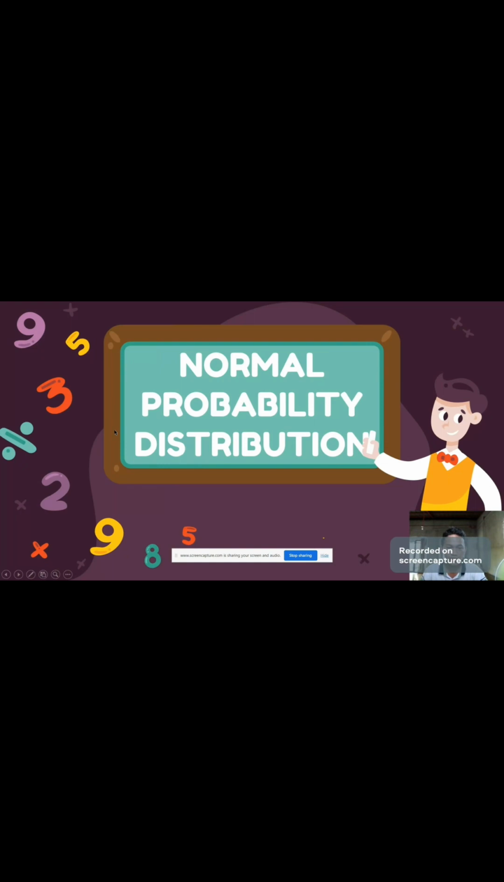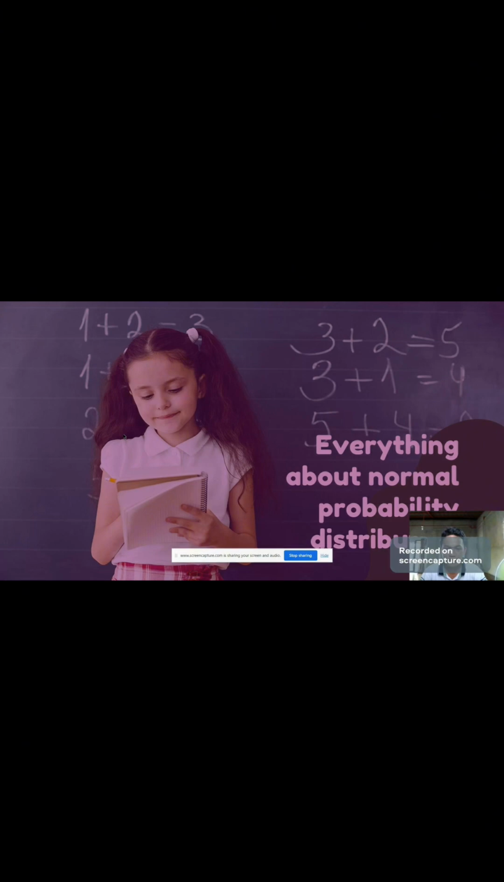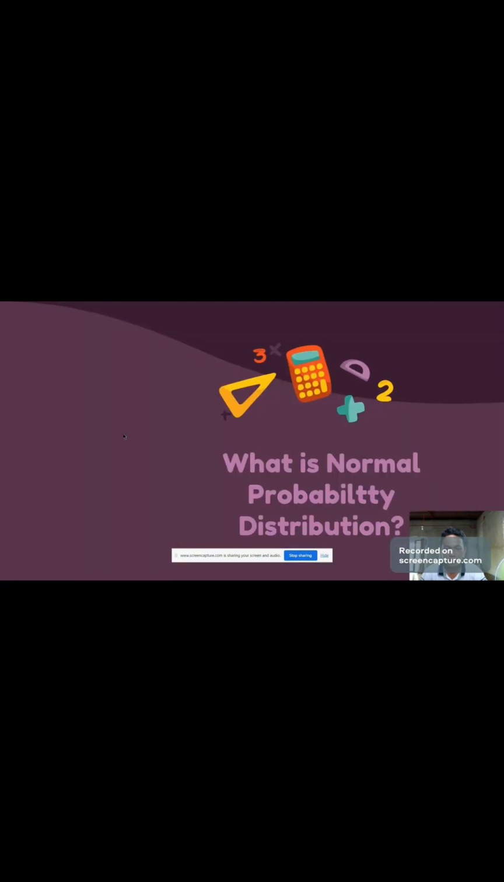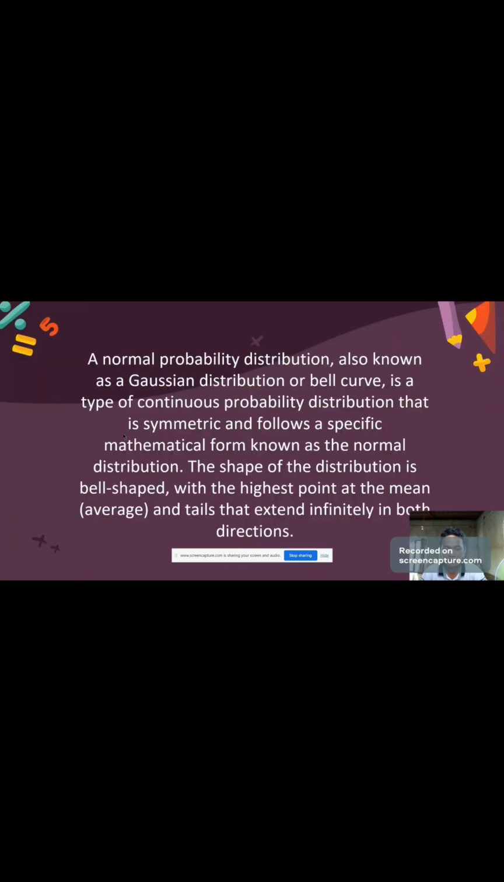Good morning, everyone, and today we'll be talking about normal probability distribution. Starting off, everything about normal probability distribution. So, what is normal probability distribution? A normal probability distribution, also known as a Gaussian distribution or bell curve, is a type of continuous probability distribution that is symmetric and follows a specific mathematical form, known as a normal distribution. The shape of the distribution is bell-shaped, with the highest point at the mean or average and tails that extend